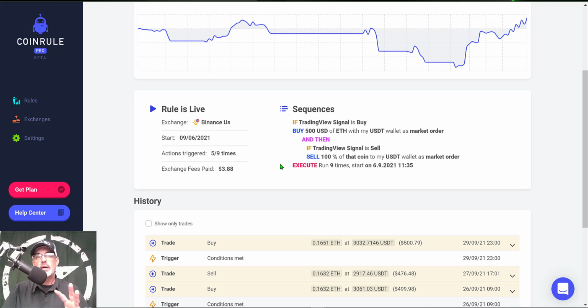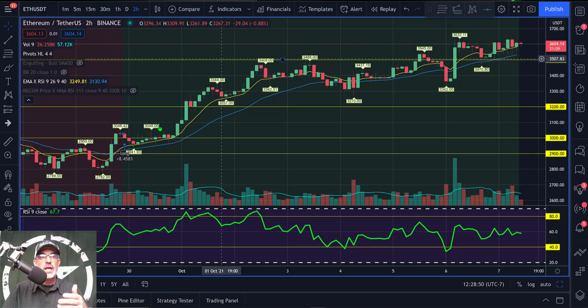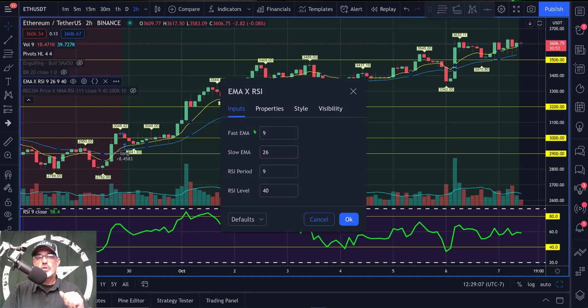And so I will continue to monitor this and perhaps make some tweaks over in the actual strategy itself over here in TradingView. And some of the things I can do to try to change that, if I come over here to the indicator, click on the settings, it will show you the actual inputs, and I could try perhaps raising the RSI level up to say 50 or 55. I could also try to make my fast EMA maybe like say 12 and my slow EMA maybe stay with the 26. There's a whole lot of adjustments I could make,